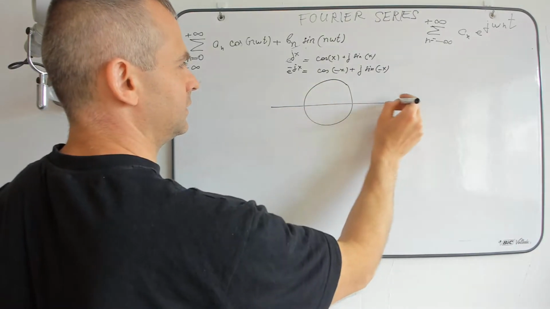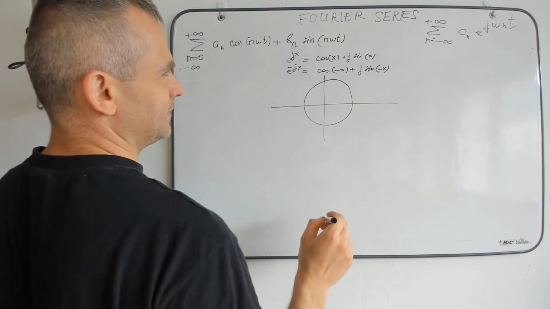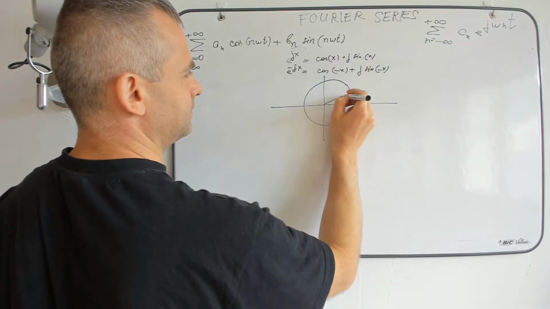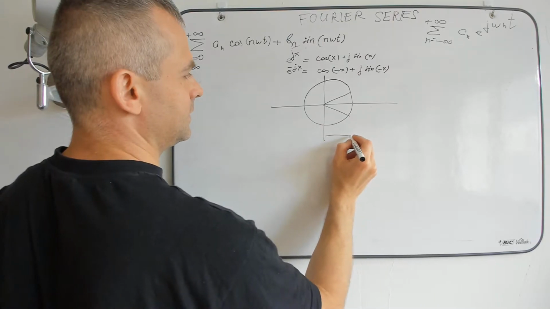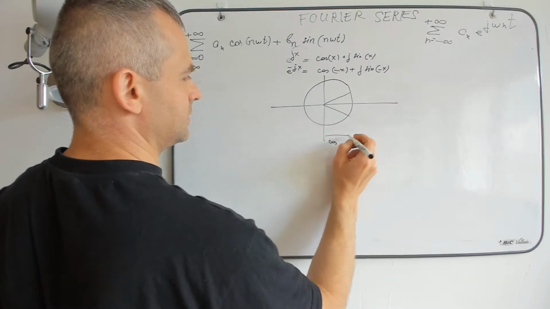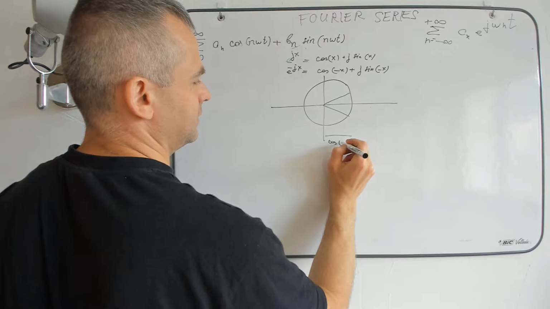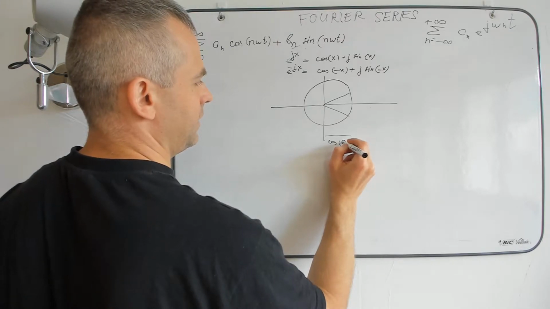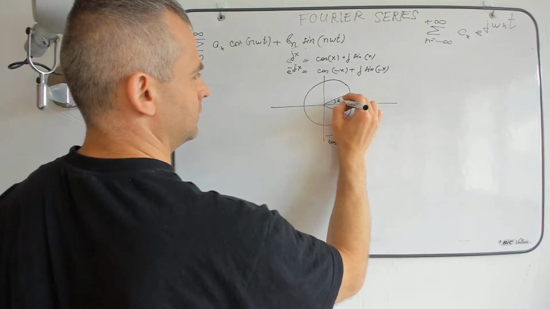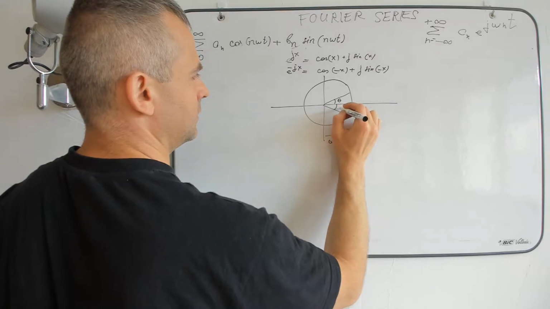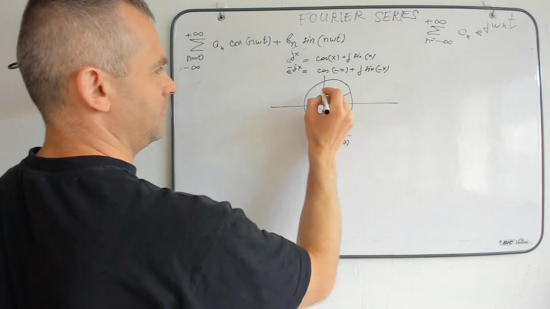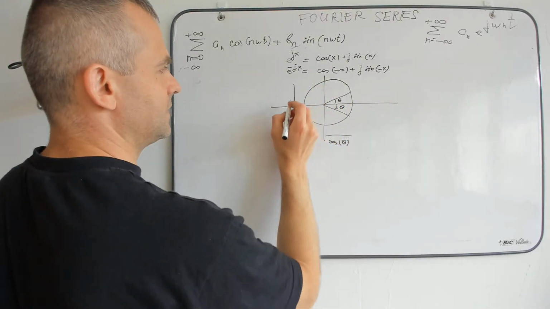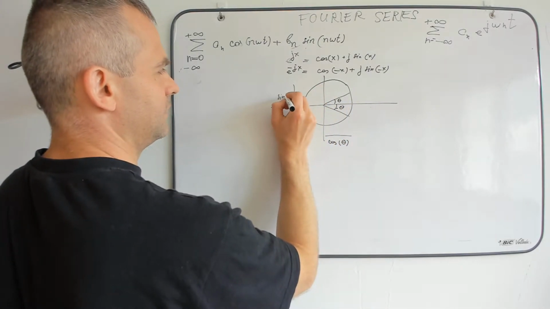But if we look at the sine and cos, we know that this is a cos of an angle and this is sine of an angle,